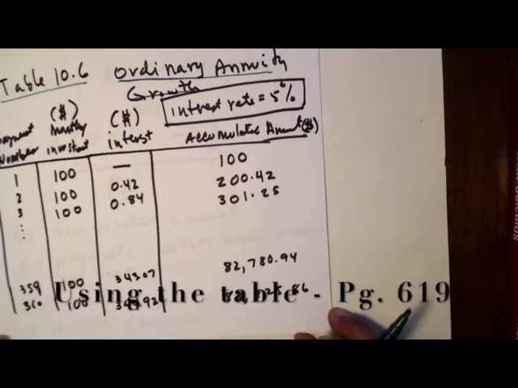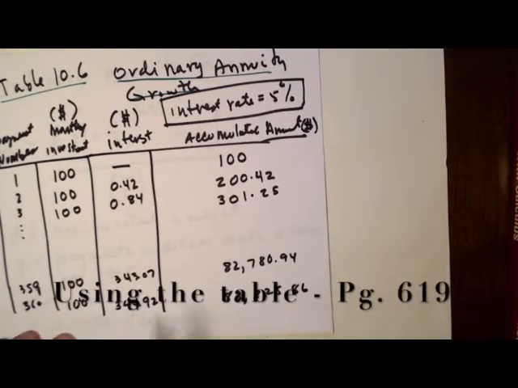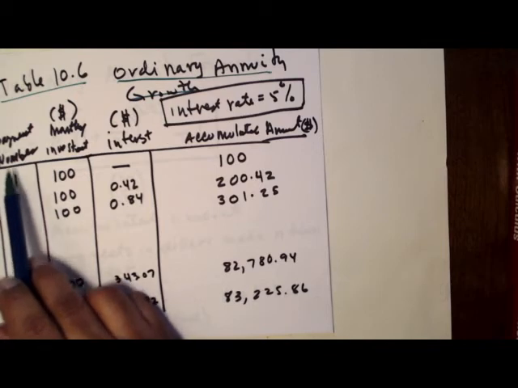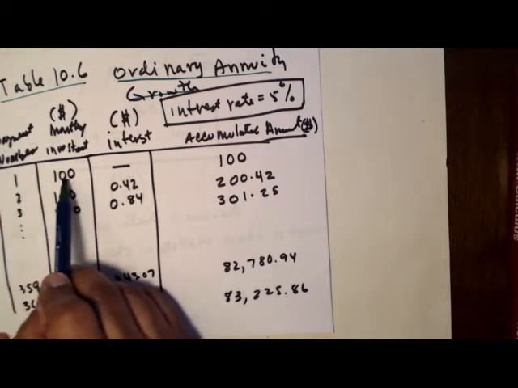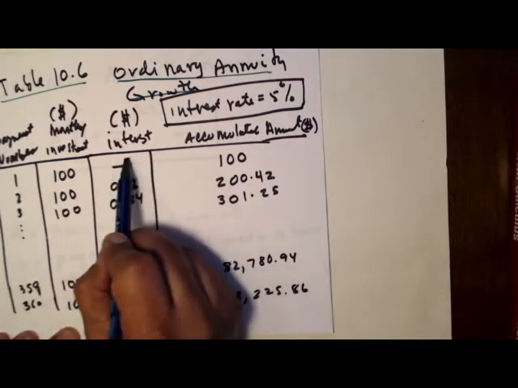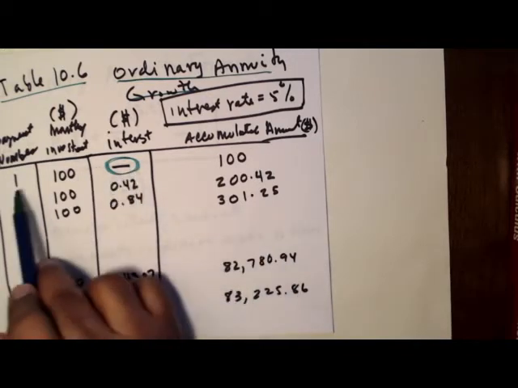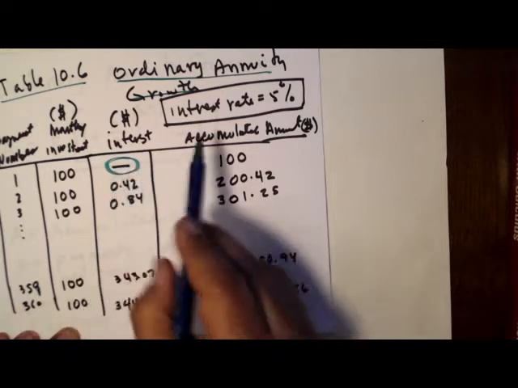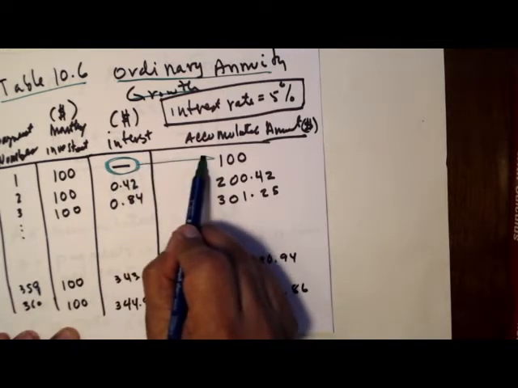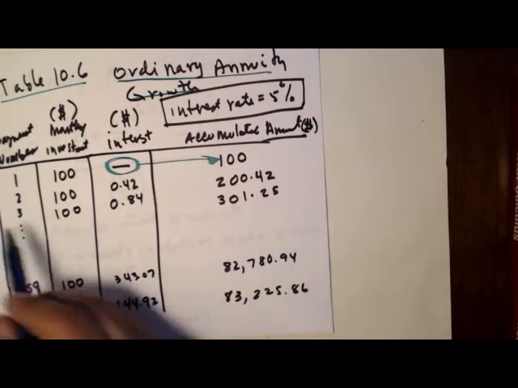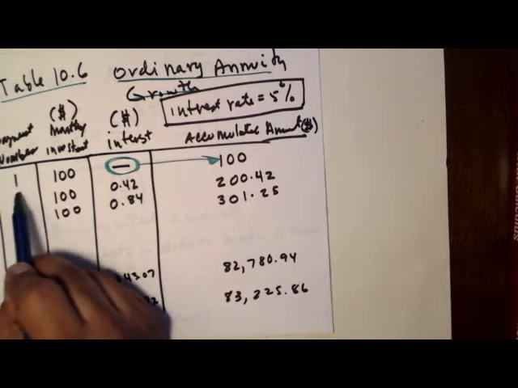So now you have the first number of payment, $100, but there is nothing contributed to it. The first time that you made the deposit, basically the $100 goes straight into your account. The next paying period, which is